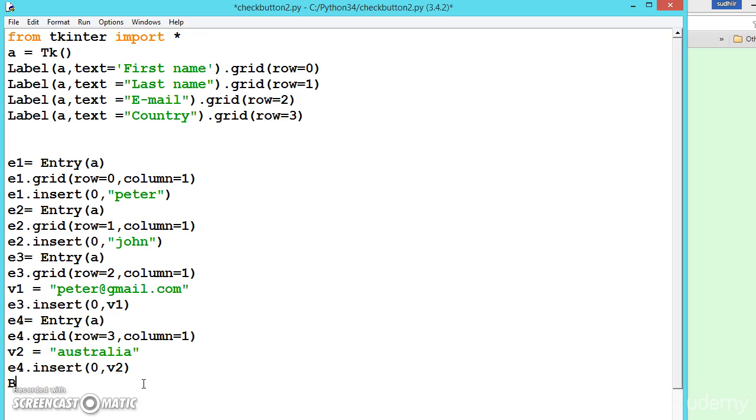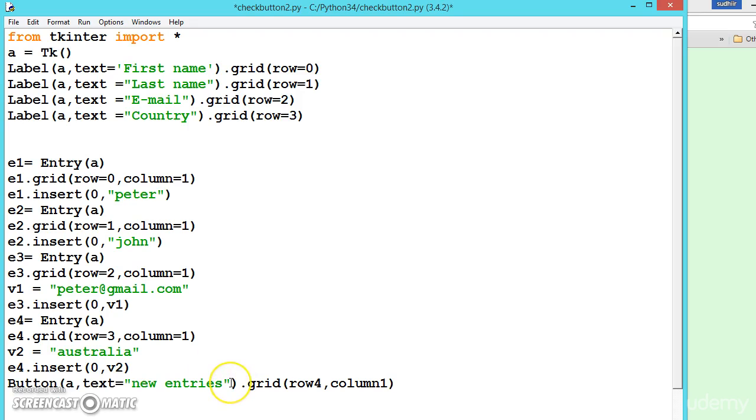Let us say button a, comma, text is equal to, let us say new entries, dot grid, and inside this grid let us say row 4, comma, let us give it column 1,